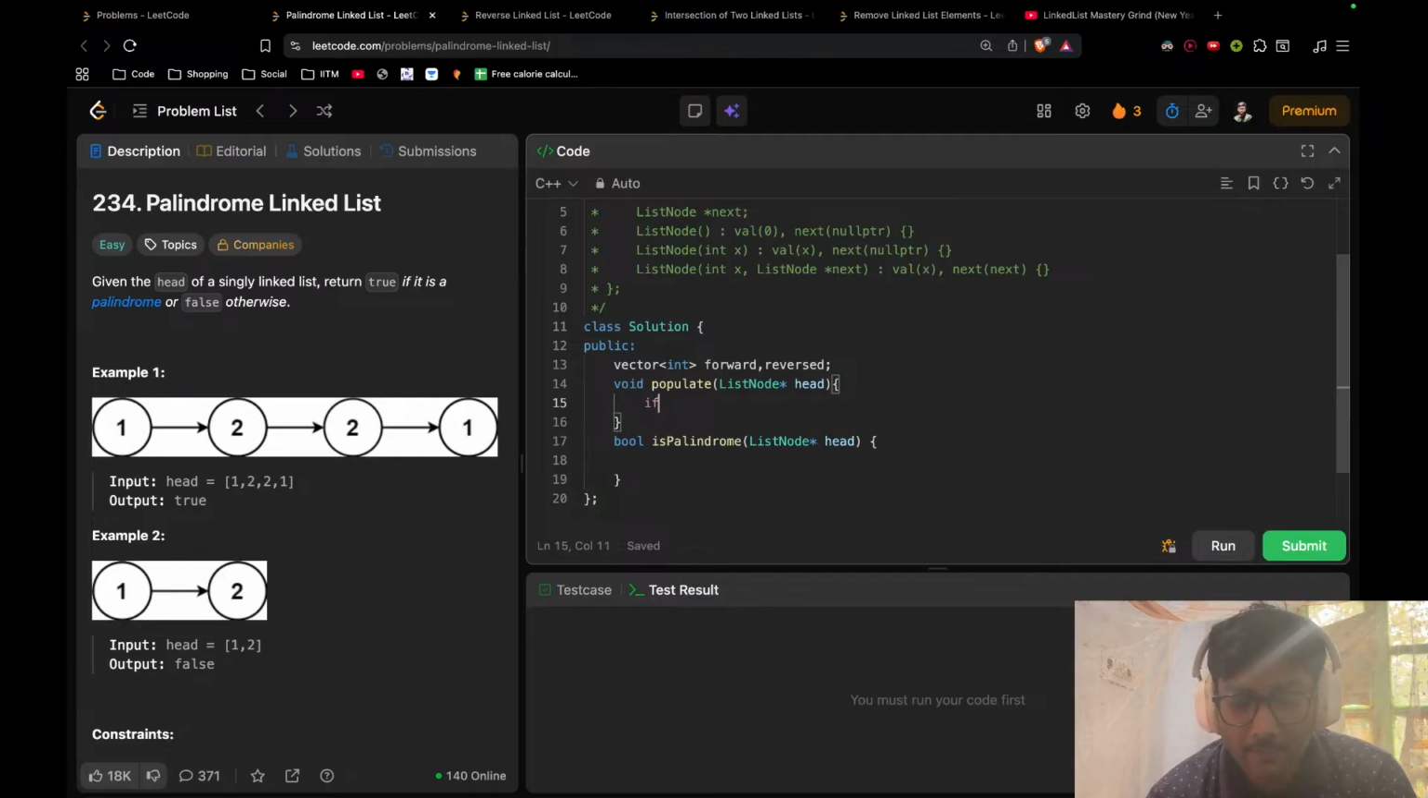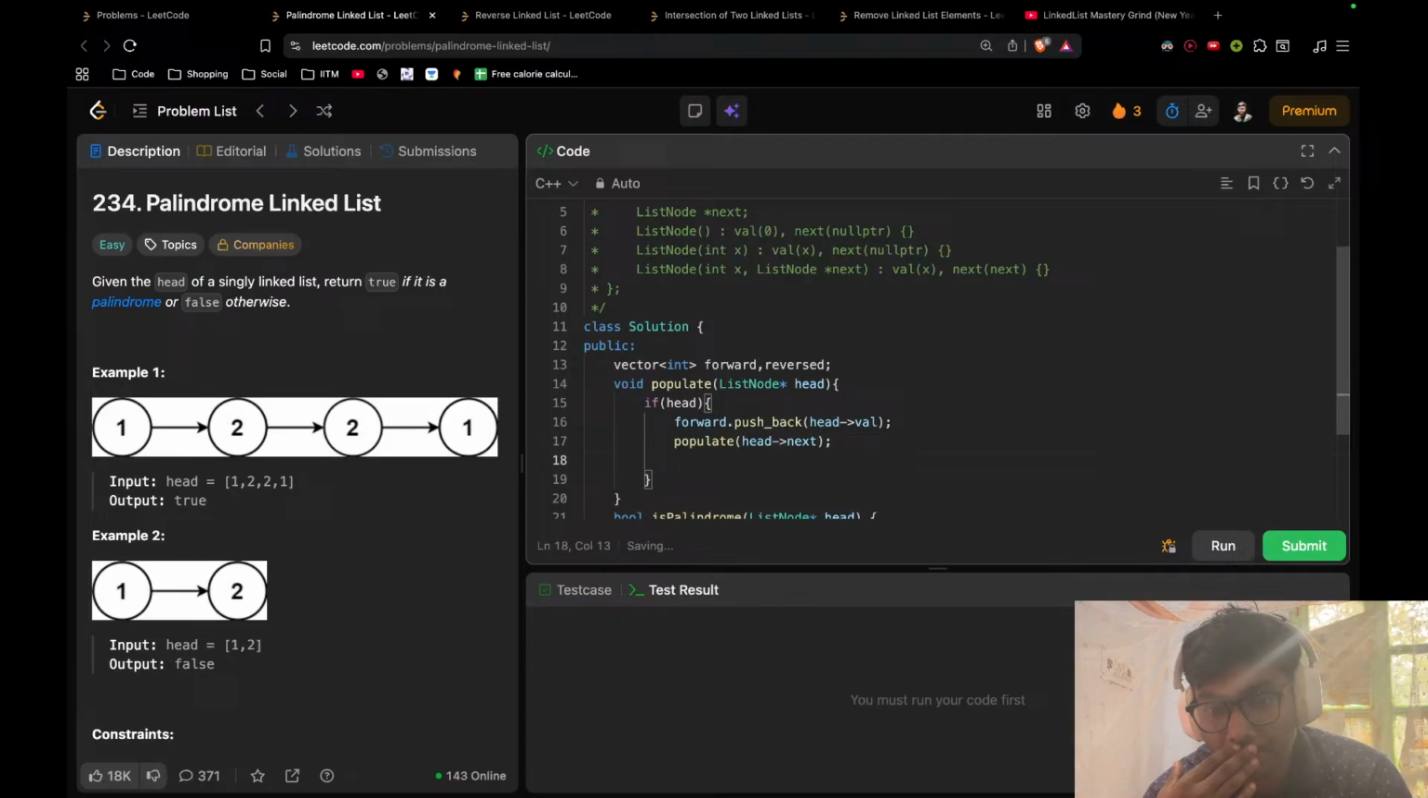One thing. If head is not empty, head yes head, so populate forward or push back head val, and then I will call populate for head arrow next, right? And after calling this populate,